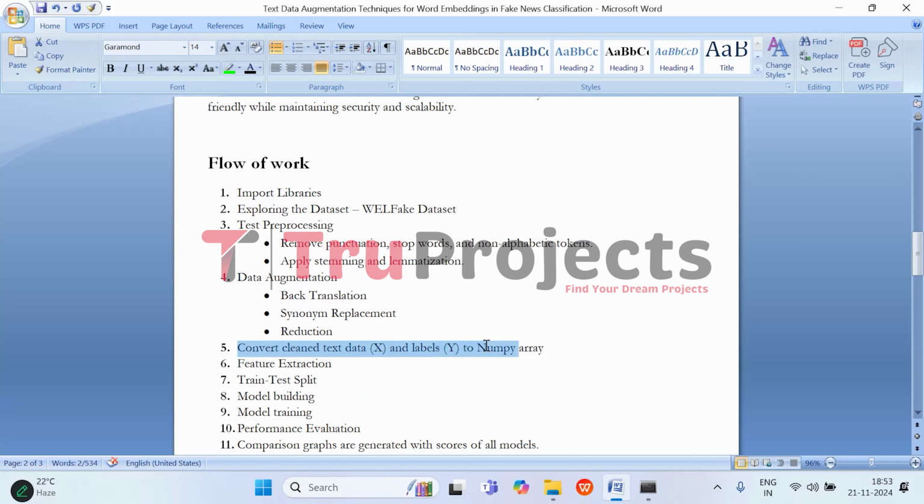Then we convert pre-processed text to X and labels to Y into a NumPy array format for compatibility with the machine learning models. And then we extract features using Word2Vec, skip-gram, and similar techniques to generate word embeddings from the clean data. Then we split the data into training and testing sets. Training set is used to train the models, and testing set is used to evaluate the performance of the models